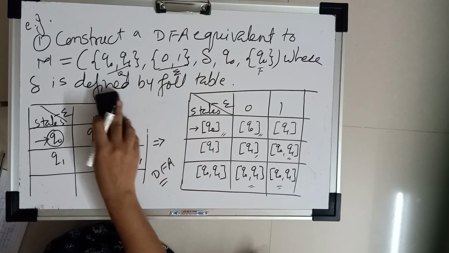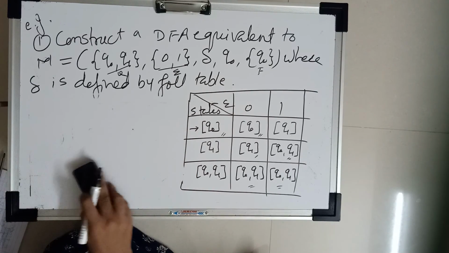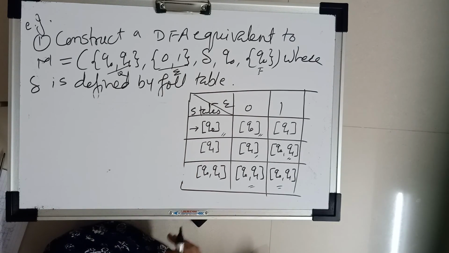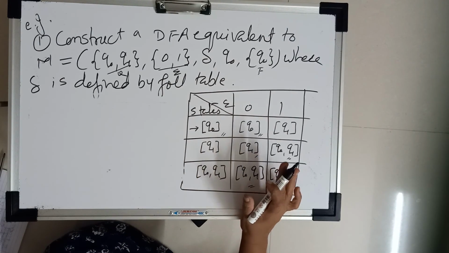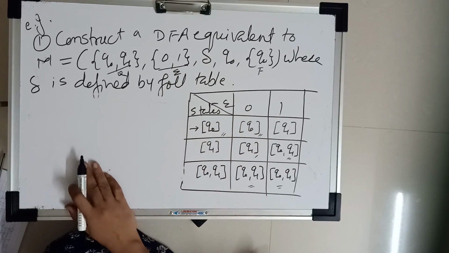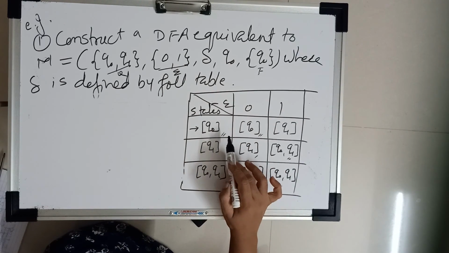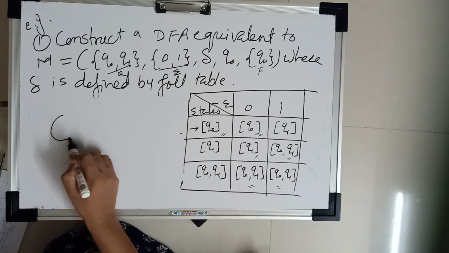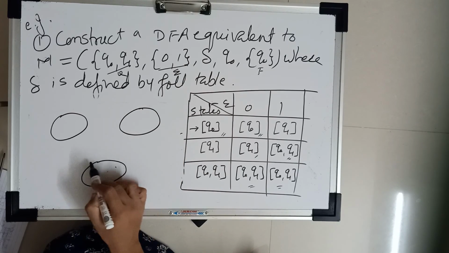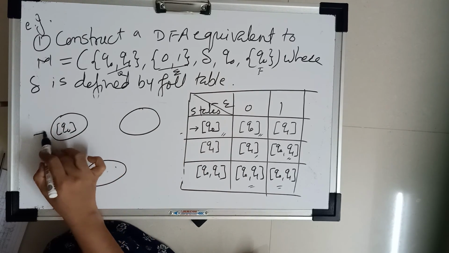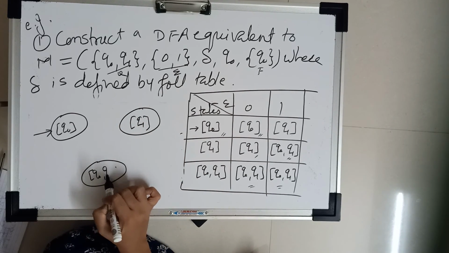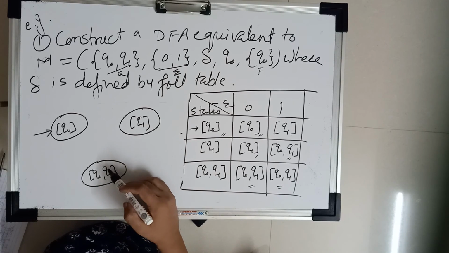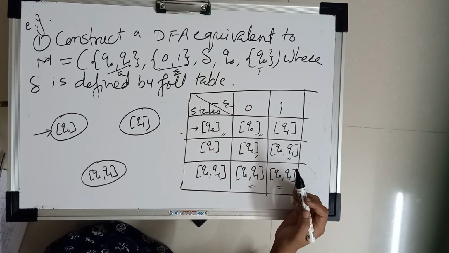Again we can convert this DFA table into a transition diagram. That is our final answer. Then how do we draw the transition diagram for the same table? We have to convert this transition table into a transition diagram. Consider how many states are given here. The total number of states is 1, 2, 3. We'll form 3 circles. First is Q0, the initial state, then Q1, then Q0, Q1. Again show the arrows properly with the help of this table.